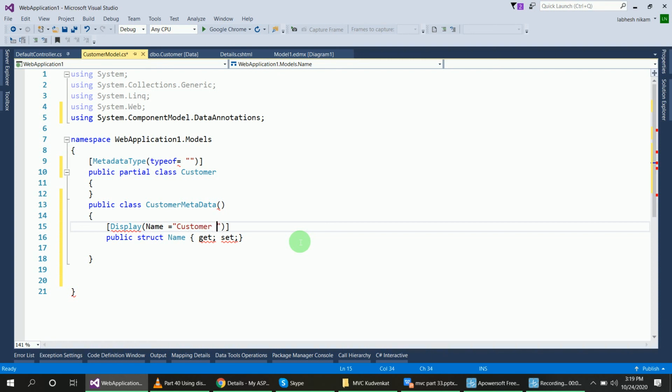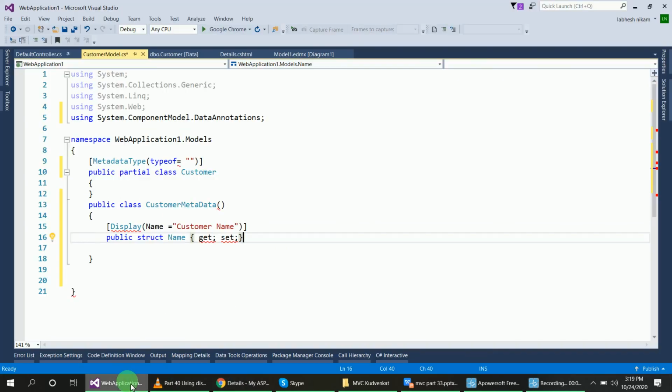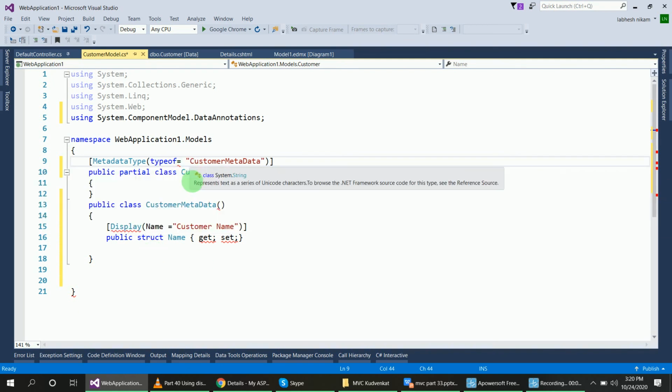So it will display customer name in place of name. For that I have to pass this CustomerMetadata name here, so changes in this metadata class will affect this partial class.